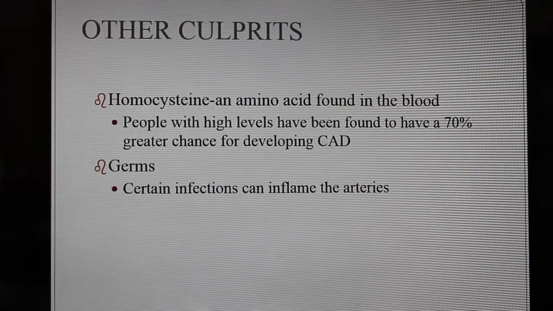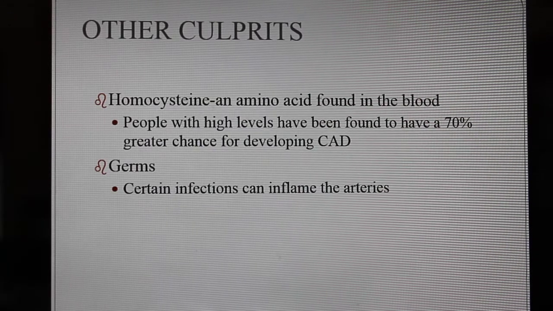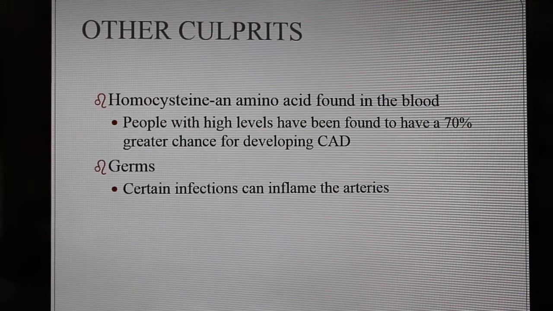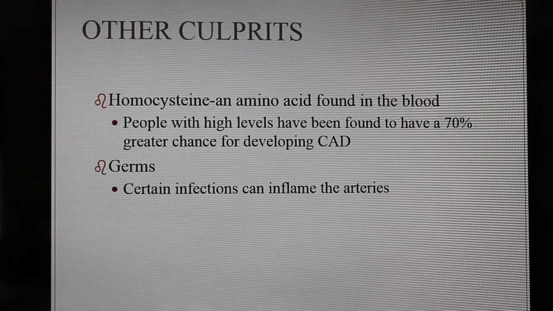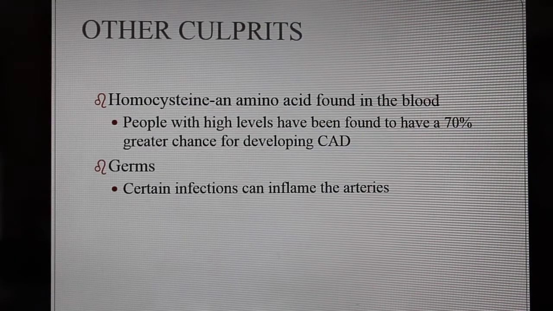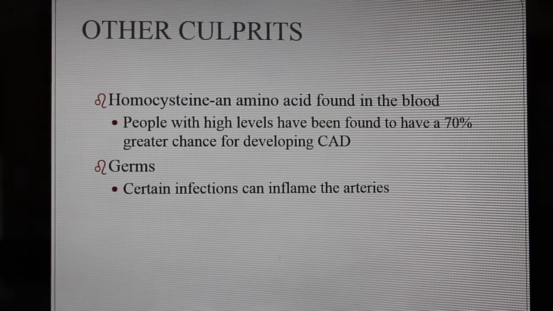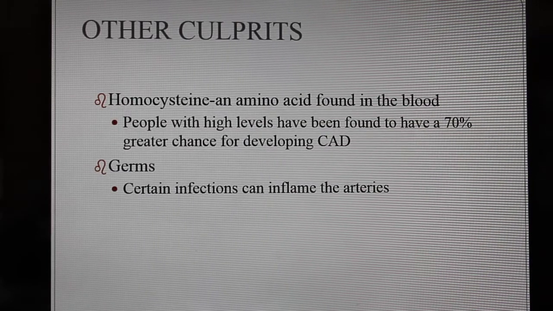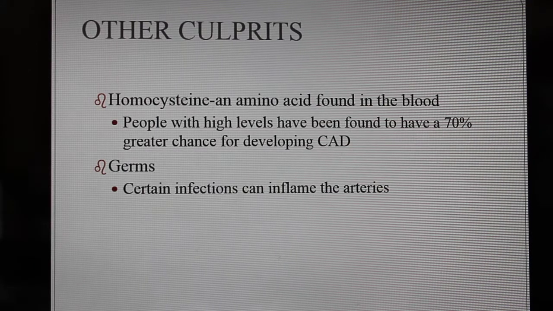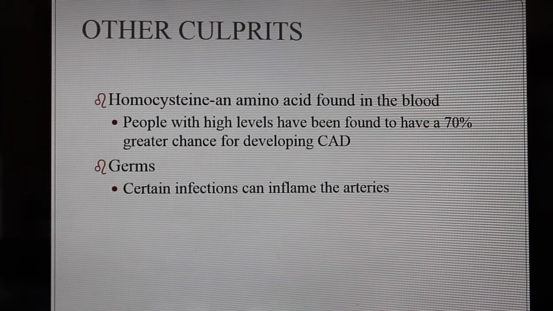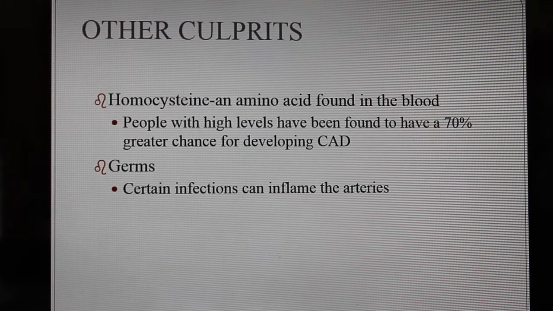All right, so there are some other culprits. You don't have to know too much detail about this, but some of the other culprits are, like it says right there, the homocysteine levels. This is an amino acid found in the blood. People that usually have higher levels of it are found to have a greater chance of coronary artery disease. And also, not too surprisingly, certain infections can inflame the arteries. So certainly pneumonia or herpes absolutely can inflame the arteries and make coronary artery disease increase,